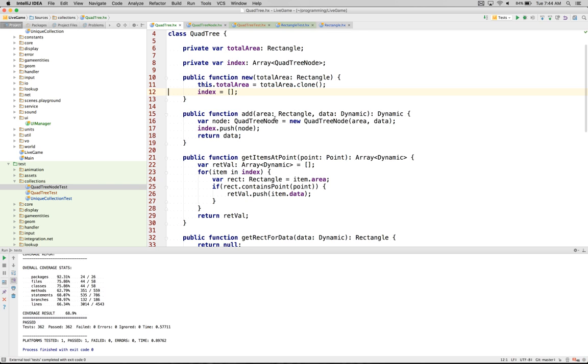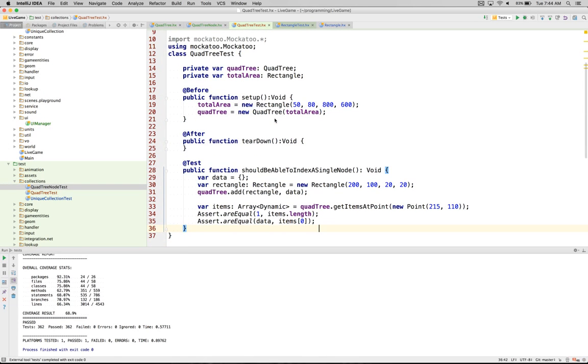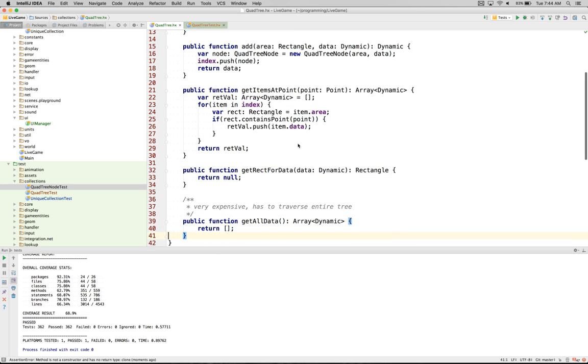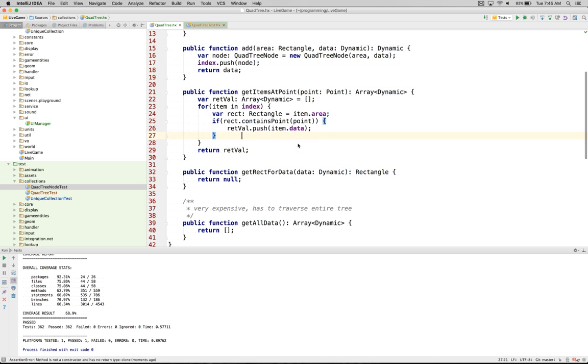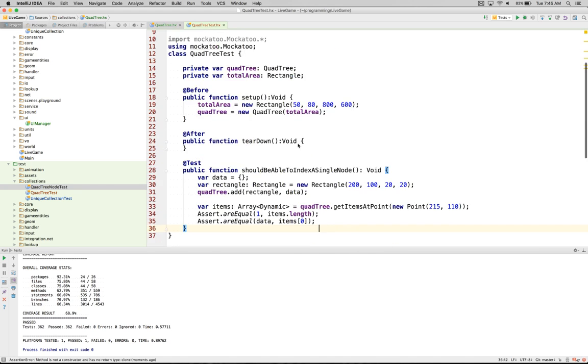Now, we have our add, and what we need to do is start doing some more testing. So one thing we added yesterday, start clearing some of this out, is we have getRect for data, and we're going to need to get the rectangle for the data. I think we have that. It's in the quadtree node. So what we could do is say